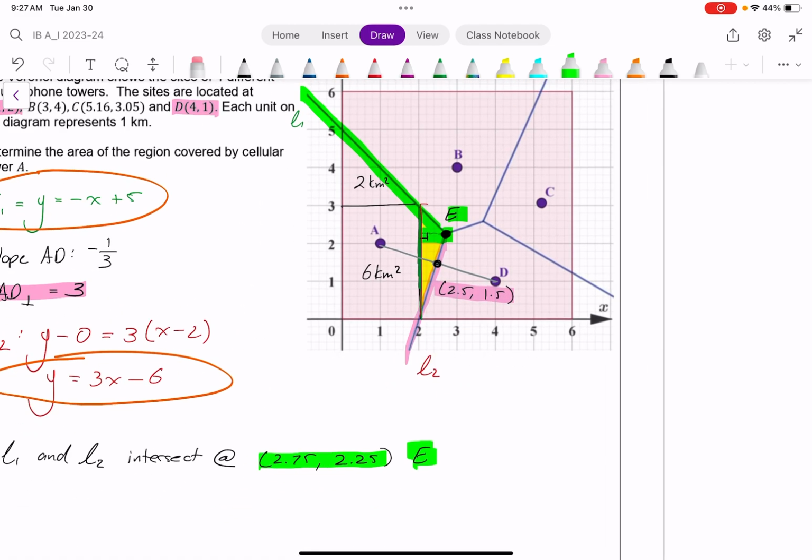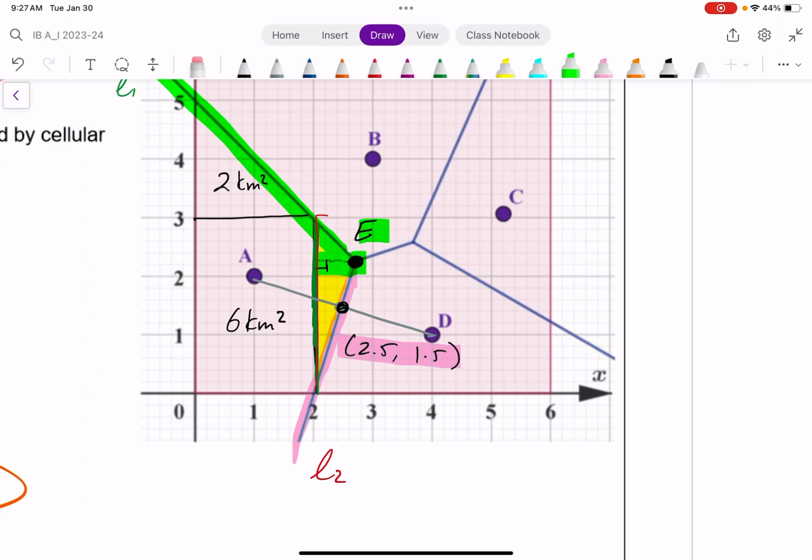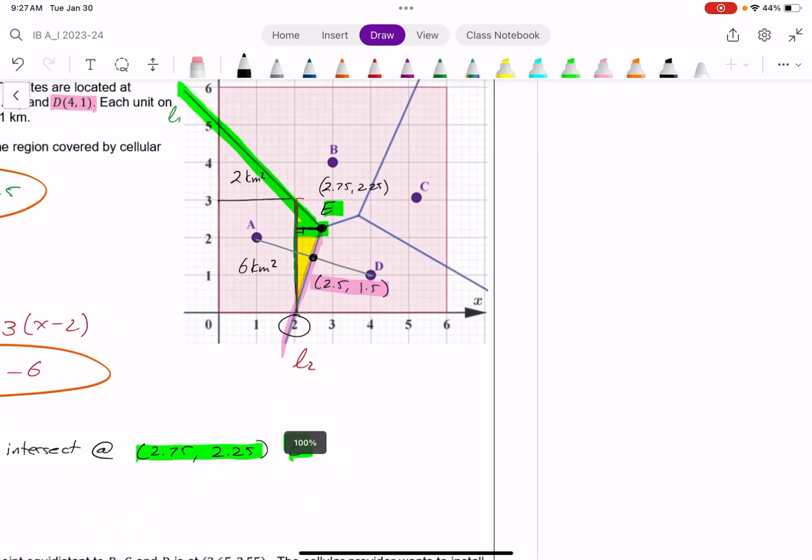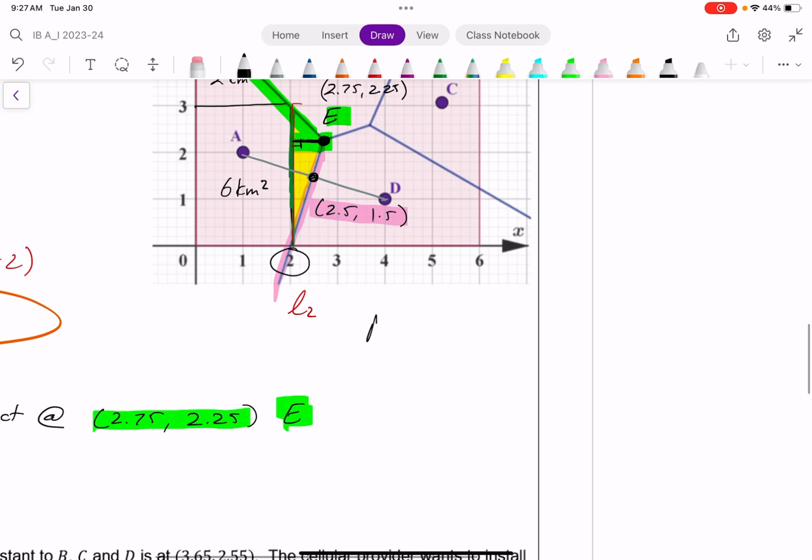Now, again, the whole point of this was to find the area of that little triangle. So now I know point E has an x value of 2.75, then I know this distance from here to here is from 2 to 2.75, so that's just 0.75. So therefore, the area of that triangle, I can figure out by saying the area of the triangle must be 1/2 the base, which I'm saying is the vertical. I'm thinking of this rotated, so the base I'm saying is 3, times the height, which I just figured out as 0.75. However I look at it, I should get the area of that triangle to being 1.125